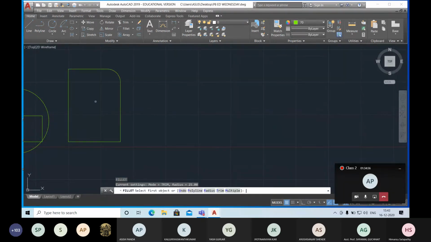Okay. Similarly, if you want to make a chamfer, the command is chamfer. CHAMFER, chamfer. Enter. Then there are other options: undo, polyline, distance, angle, trim, method, multiple. Select the distance option. Mention 25, enter, 25, enter. First chamfer distance, second chamfer distance. Then select two consecutive lines and your one corner will be chamfered. So either you can select the chamfer option from the rectangle command, or you can go for the direct single command for chamfer and fillet.